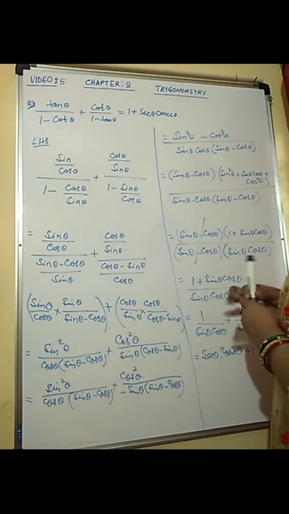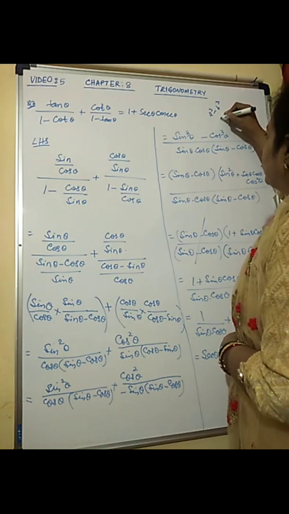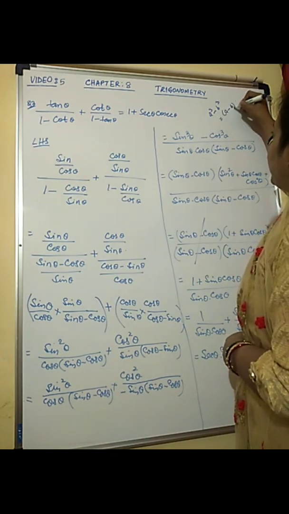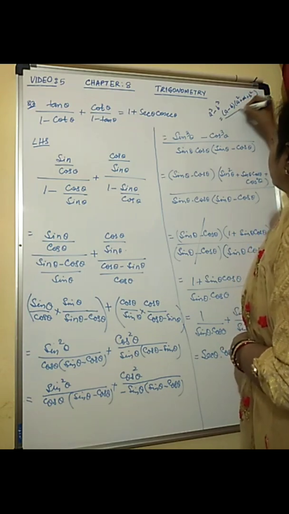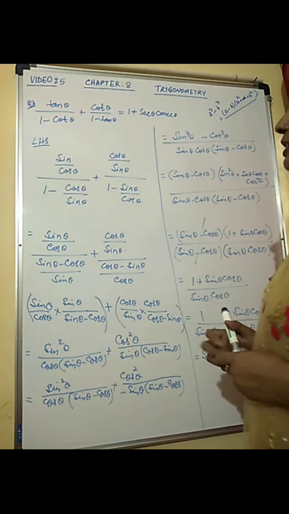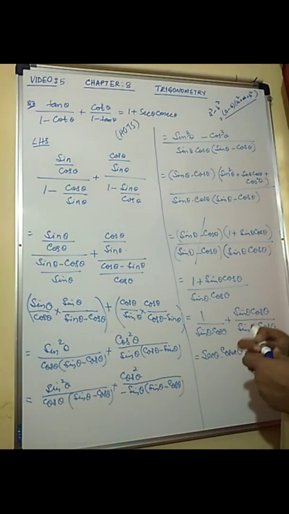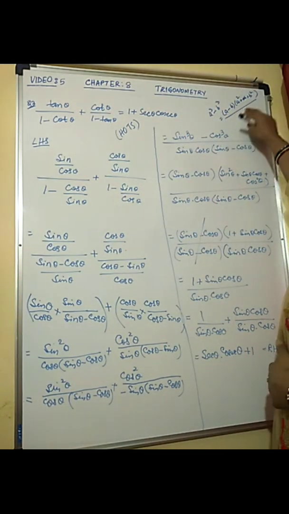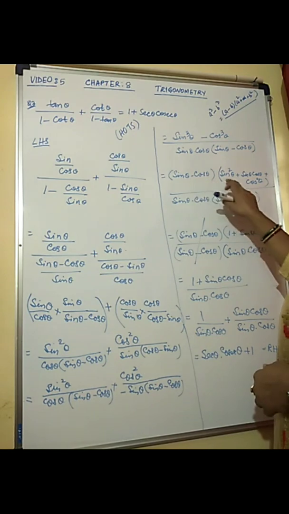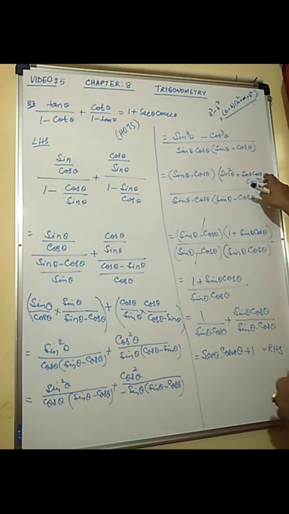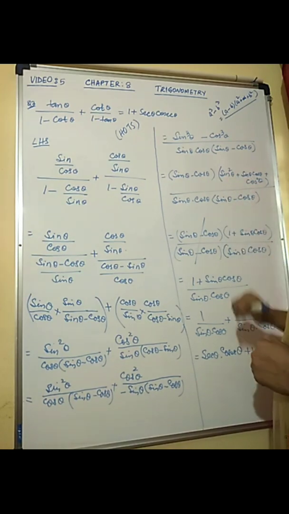So now this is of the form a cube minus b cube, if you can recall, the algebraic identity which we would write as a minus b into a square plus ab plus b square. So it is this identity that we are going to use here, and therefore you will see that this question comes under the higher order thinking skill category. So now here, I factorize the numerator in this form. So this is sin theta minus cos theta into sin squared theta plus sin theta cos theta plus cos squared theta. Now this sin squared theta plus cos squared theta together will make it as 1.